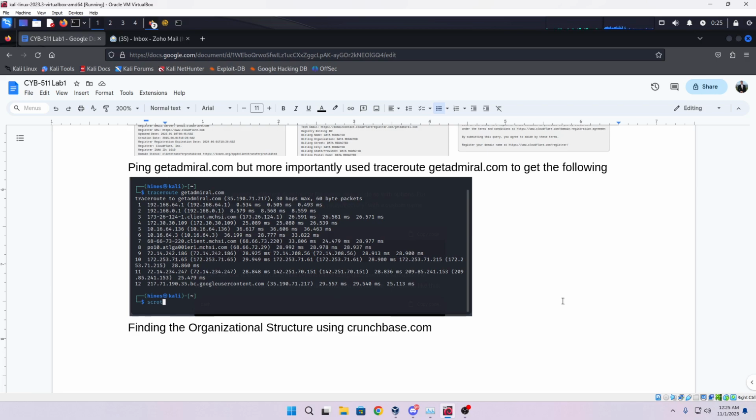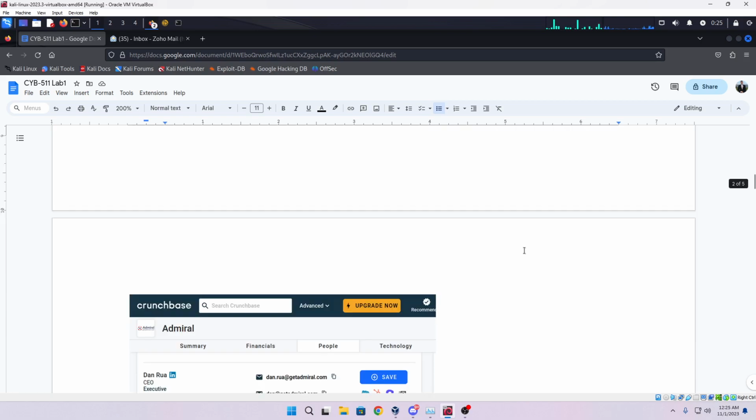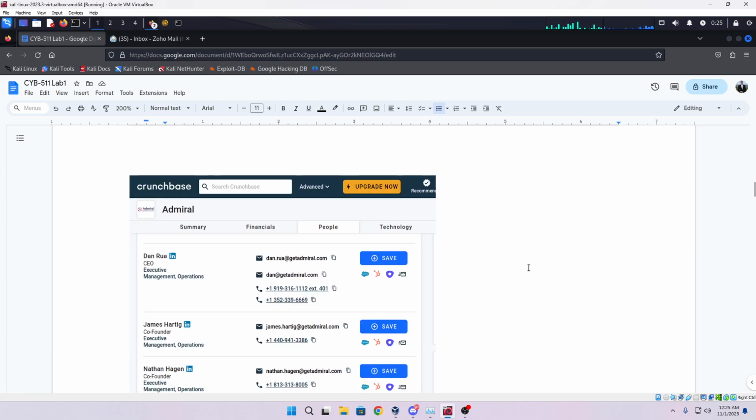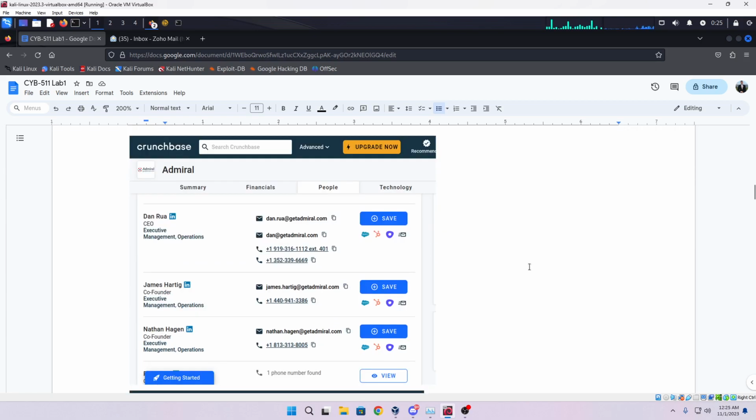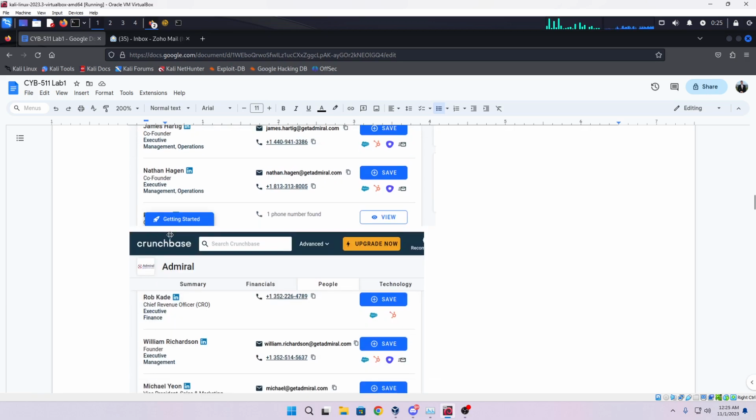And I don't know if that's because the target's already been hardened or I've been using it incorrectly, but a lot of their information was very difficult to find after a lot of searches. So I used Crunchbase, which is a website where people put their startups' information so that they can get investors. So we found the CEO here, Dan Rua, all of his contact information, office phone, personal phone, co-founders' names,